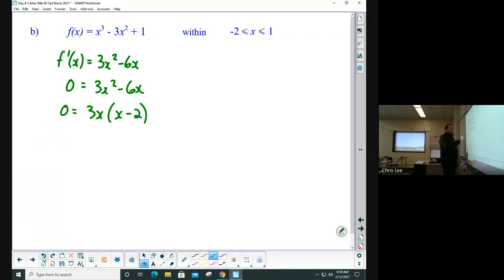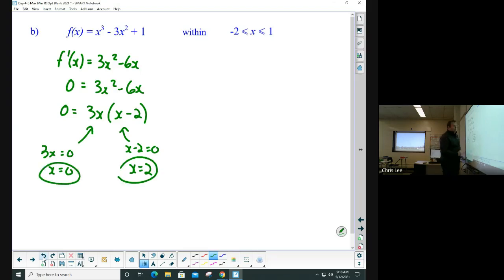Once we have these, we should be able to identify the roots. This is coming back from advanced functions as well. That the roots are, well, this is 3x equals 0, so obviously x equals 0. Or x minus 2 equals 0, and so x equals 2. You probably won't write the first line down because you're so good at seeing roots that we did a lot of in advanced functions. So we see that these are